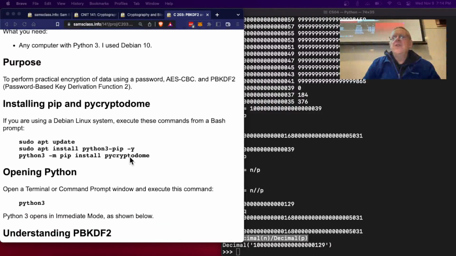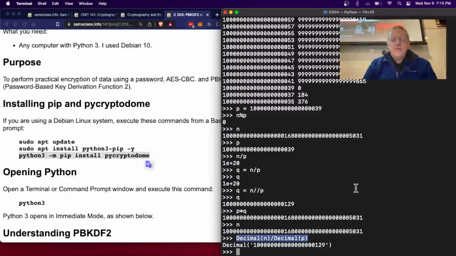So you have to install this stuff, which I think I've already done on my Mac here. I think I've already got PyCryptoDome. I can tell by doing this. I know I have Python 3. So if I get out of here